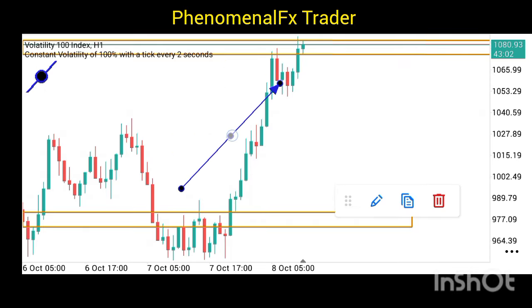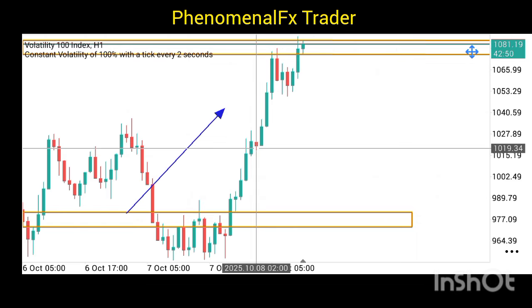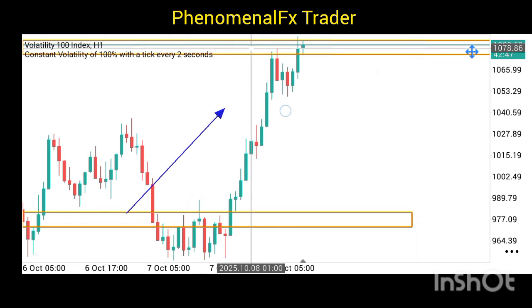It rejected, consolidated here, then bought again, got back to this zone. Now there is no break of structure on that zone, as you can see. If I use, let me get the crosshair tool, we do not have a break of structure there. It's just a liquidity sweep. So now, if the current one hourly candlestick closes bearish, then there's a very high chance